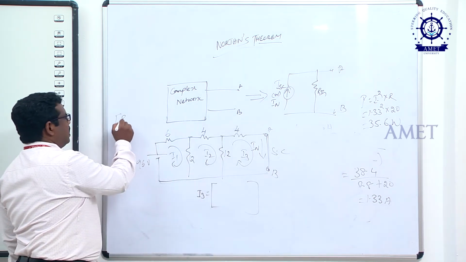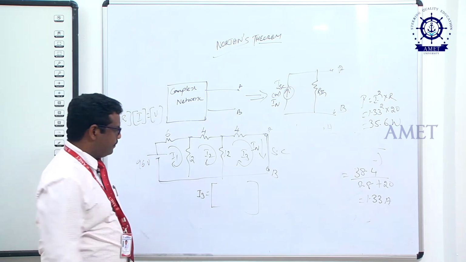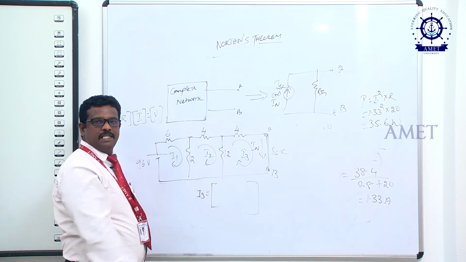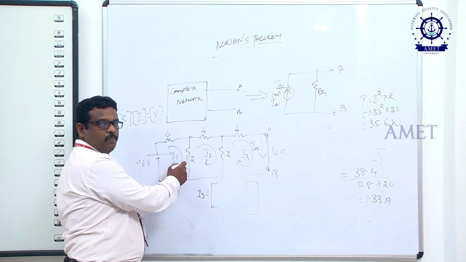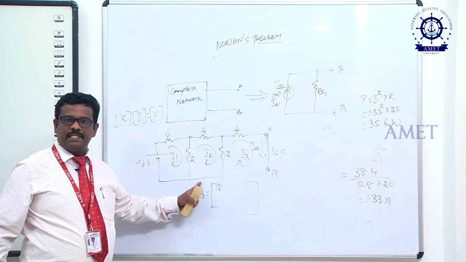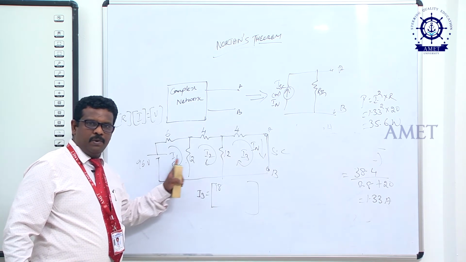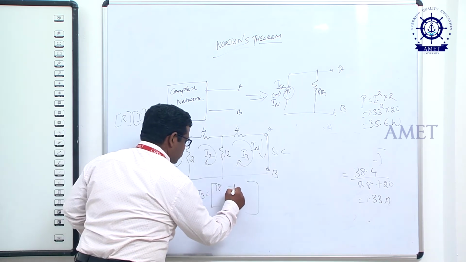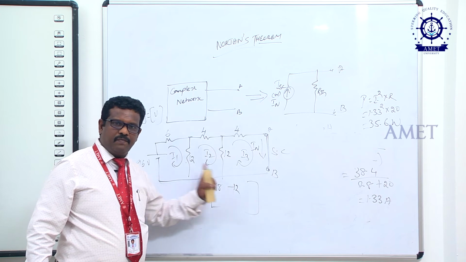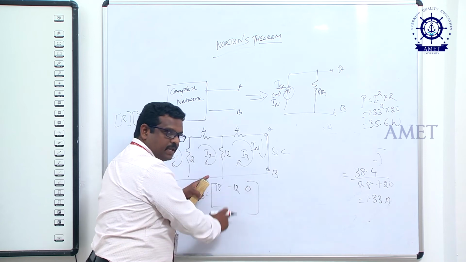The formula is resistance matrix times current equals voltage. First row, first column: sum of all the resistances in the first loop, that is 12 plus 6, 18. Similarly, first row, second column: what is the common resistance between the first loop and the second loop? 12 ohm resistance, so minus 12. First row, third column: is any common resistance connected between the first loop and the third loop? No. So simply put 0. Whatever is in the first row, the same goes in the first column.